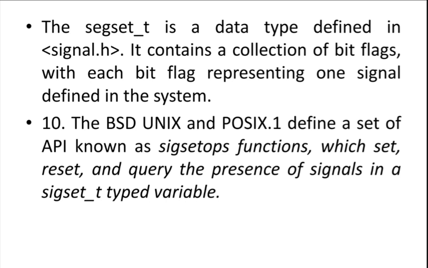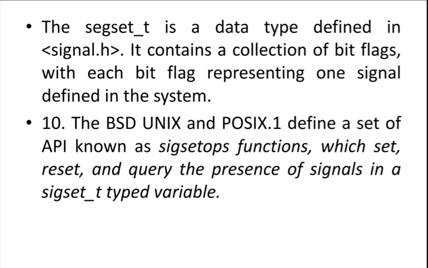So for example, if a signal is there, it may be represented by the value 1. If the signal is not there, it may be represented by the value 0. But remember that you can maintain any number of signals in this data type, and for each signal you are going to maintain a bit flag. The bit flag will contain some value based on that signal. For every signal we have a bit flag. Getting, guys?